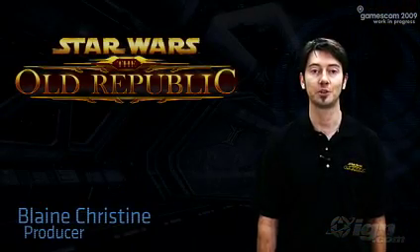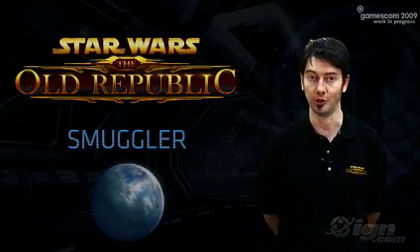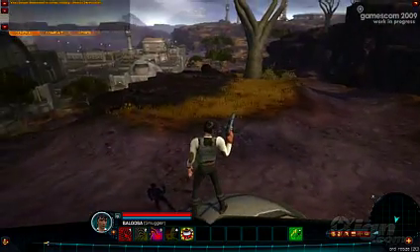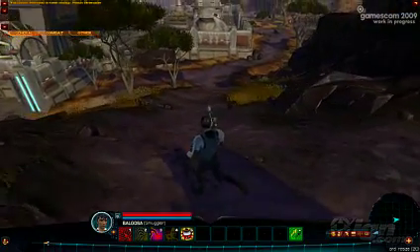Hi, my name is Blaine Christine. I'm a producer at BioWare Austin, and now we're going to give you a quick look at the Smuggler. So here we're looking at our Smuggler class. Obviously, the Smuggler represents the Han Solo fantasy in the Star Wars universe, and our Smuggler begins on the world